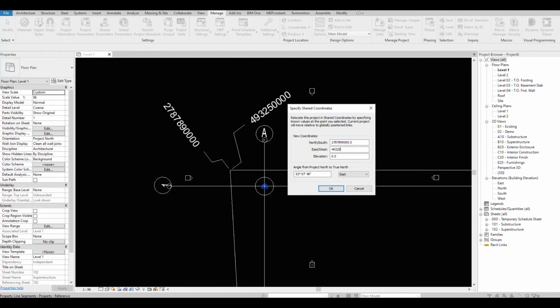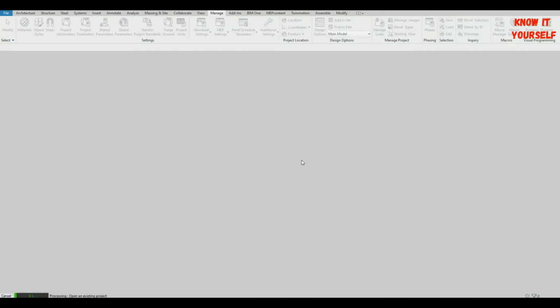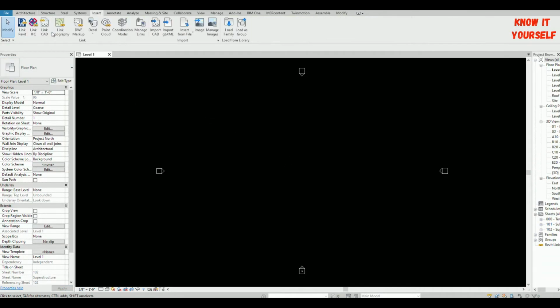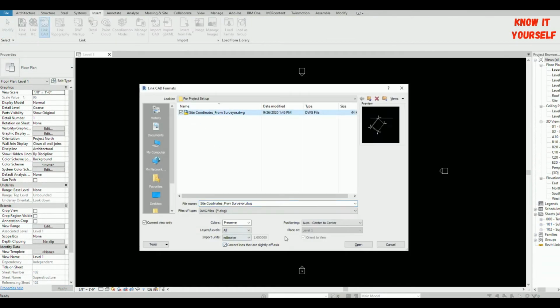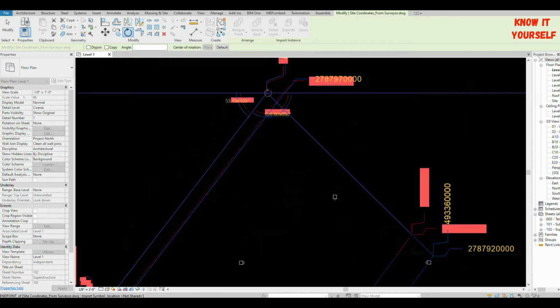In the last video, we saw how to set up a project using coordinate points. In this video, we shall see how to share those coordinates with multiple disciplines like architecture, structure, and MEP. Say for example, if one of our teammates, without knowing the concept of this coordinate system, started the project by